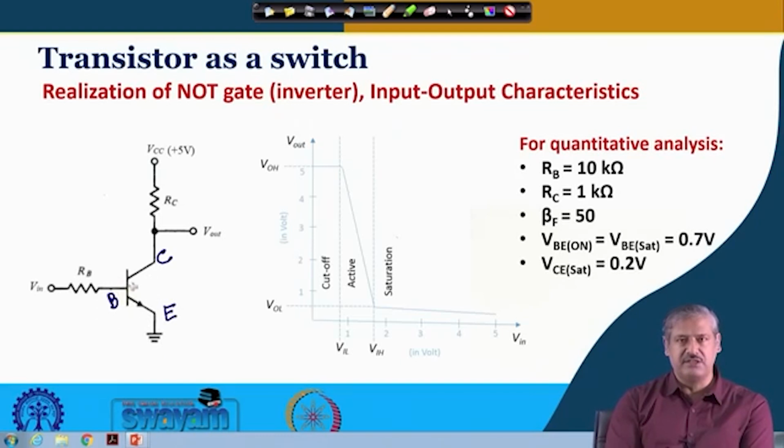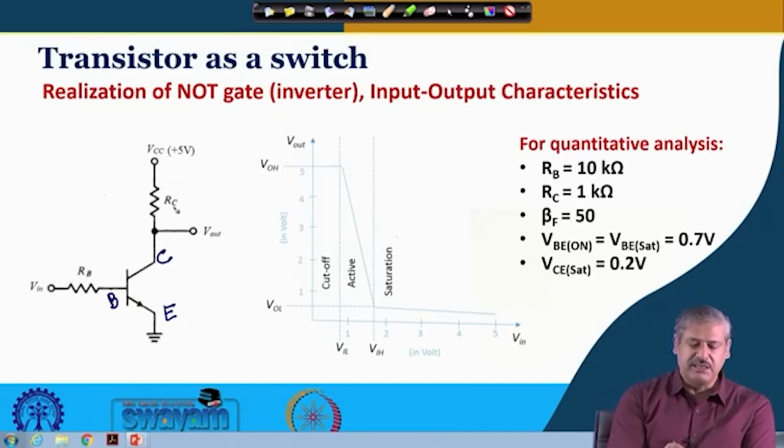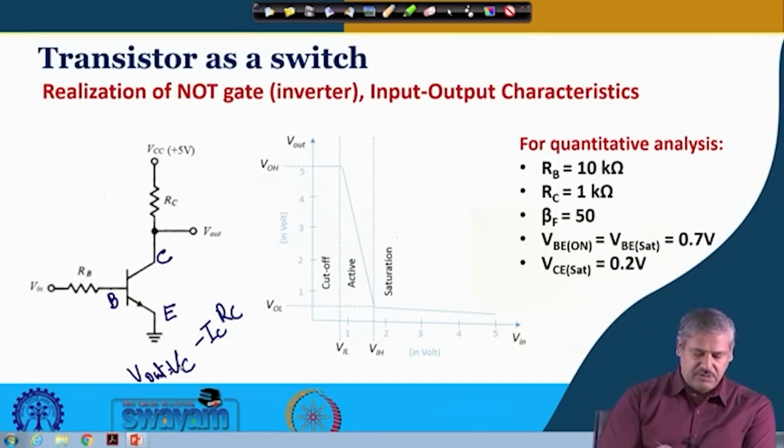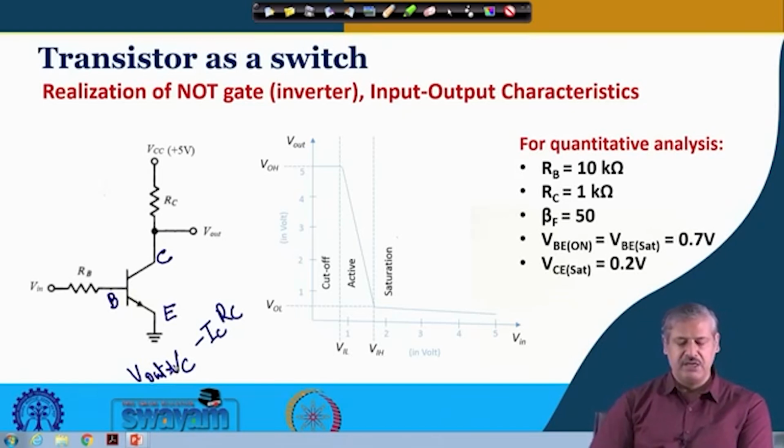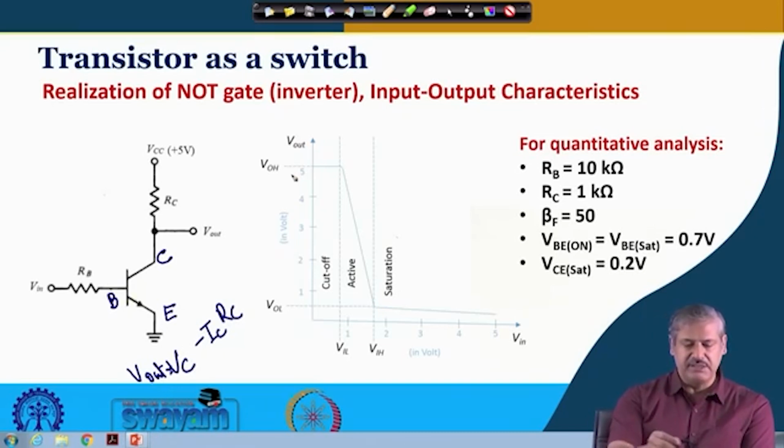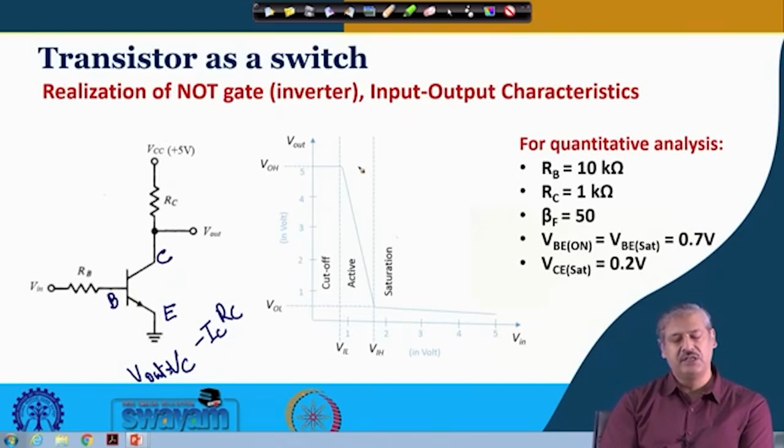Since this transistor is off, no collector current IC is flowing. So the drop IC into RC is zero, and V out is VCC minus IC RC. Since IC is equal to 0, the voltage that you get here is VCC, which is about 5 volt. So, how long does it continue? It continues up to a maximum voltage